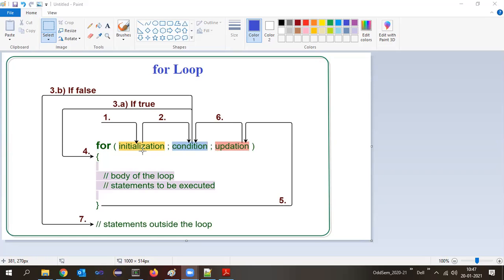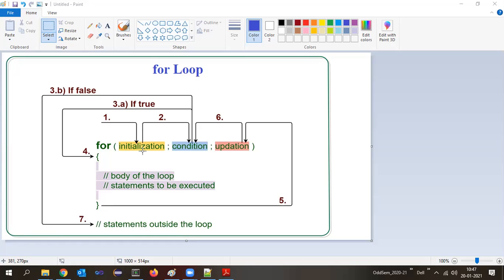The flow is this: first execute the initialization statement, then execute the condition. Now, since it is a condition, what will be the result of this condition? True or false. There can be only two possibilities. If it is true, it has to perform some operations. If it is false, it has to perform some other operations. Now let us pay attention to the first type, that is true. If this condition is true, then we know that it is an entry controlled looping structure.